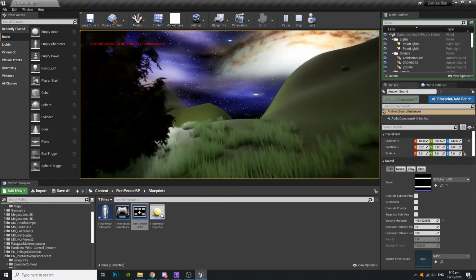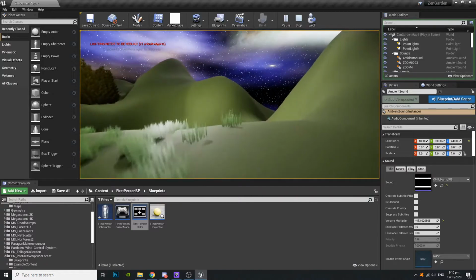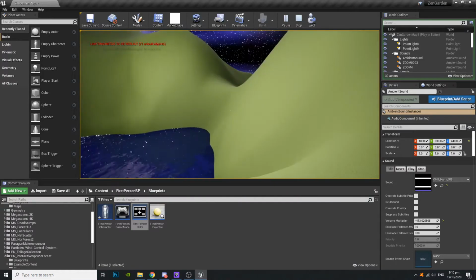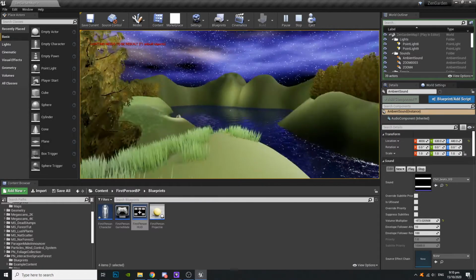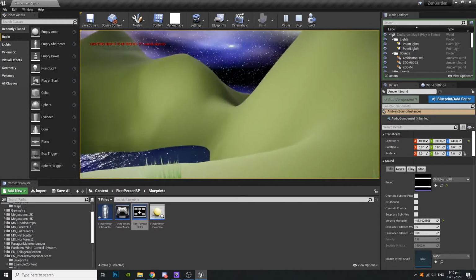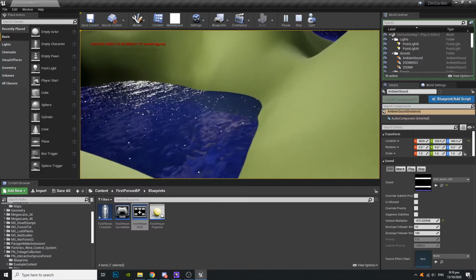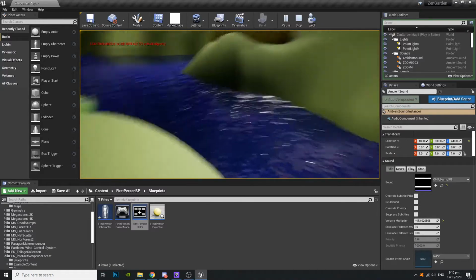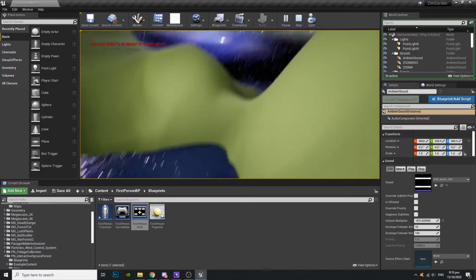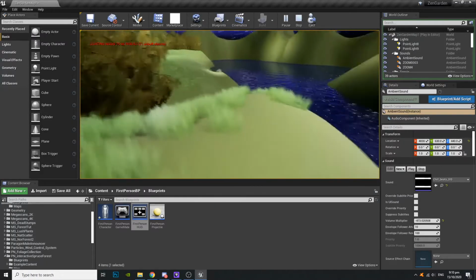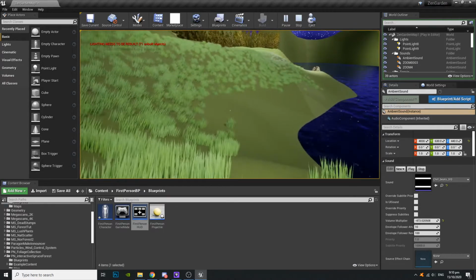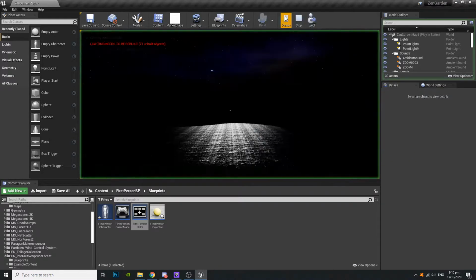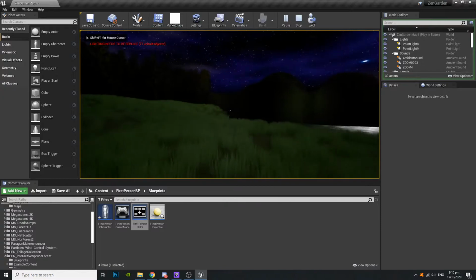So now if I get closer, I recommend using headphones because this is the left side, this is the right side. It's completely based on where you're oriented. So if there was the water there, you would hear it just how you would in real life. And the same goes for this side here,